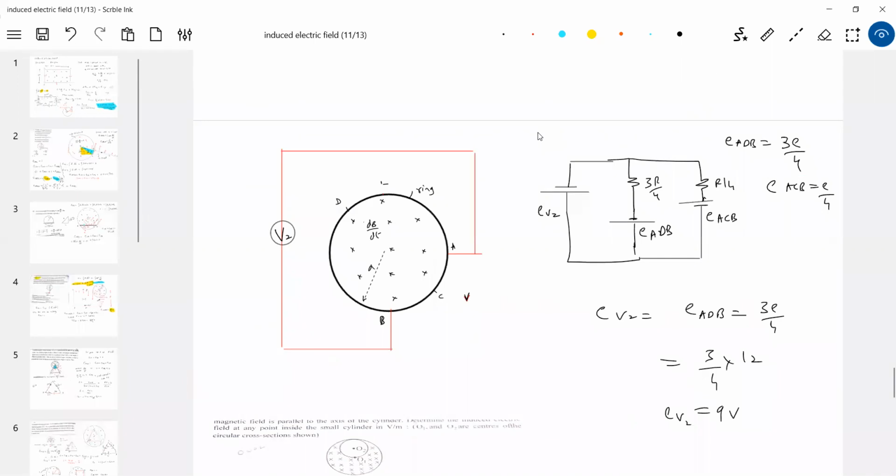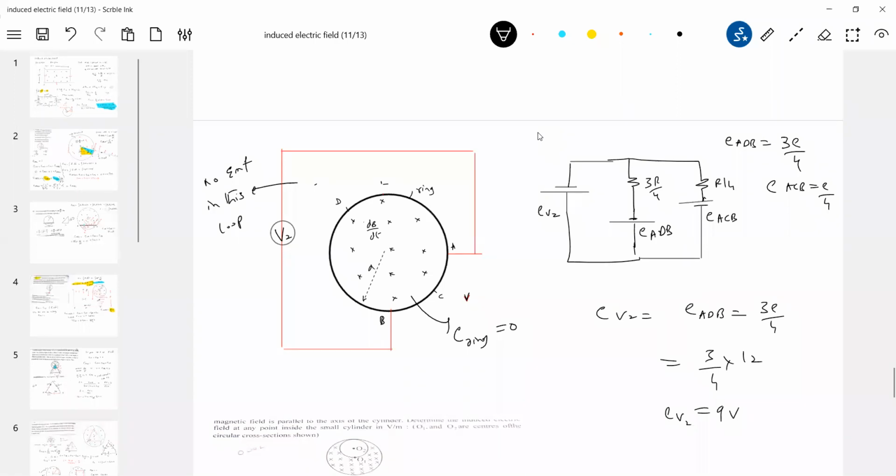So how do we say that no EMF is induced in the loop? You can see the EMF in this loop is non-zero here, in the ring non-zero. No EMF in this loop. So the net EMF should be 0. What are the EMFs induced in ADB? They should be equal and opposite across this one. So the voltmeter will just read equal to that EMF. So the EMF induced in this loop is 0. Here it will be non-zero. Like that, you'll get some connecting loops.